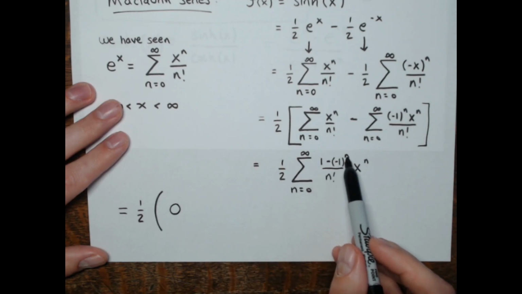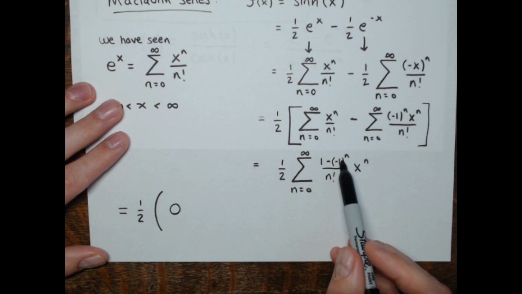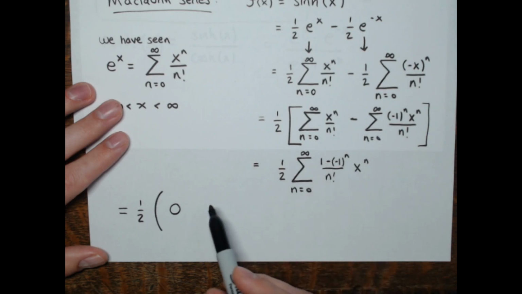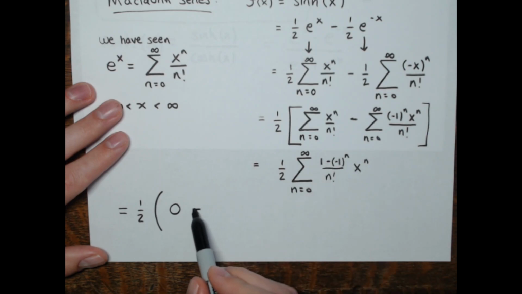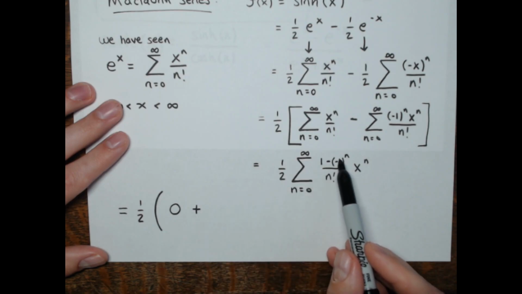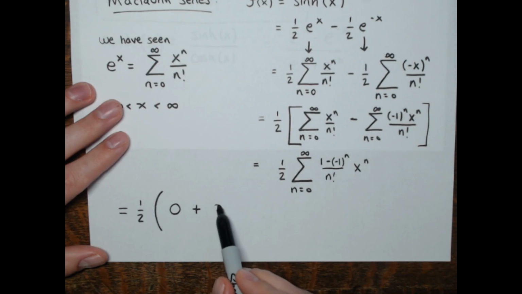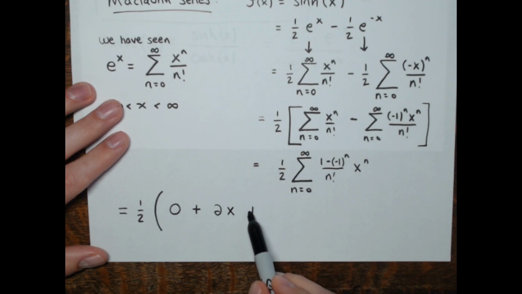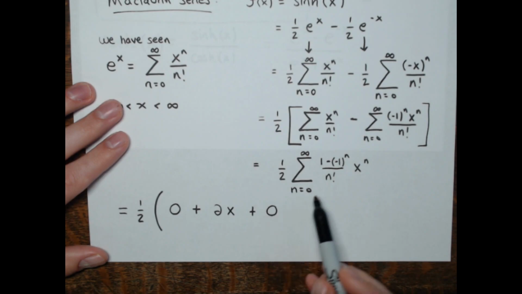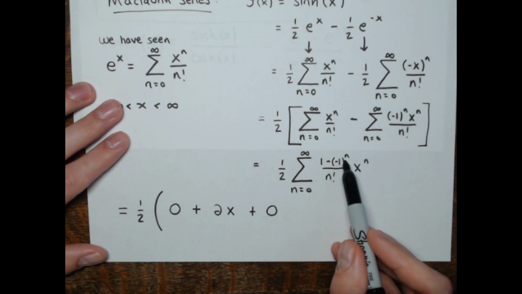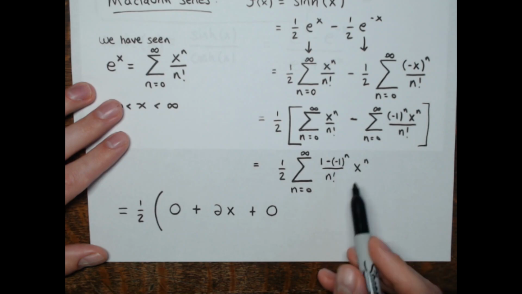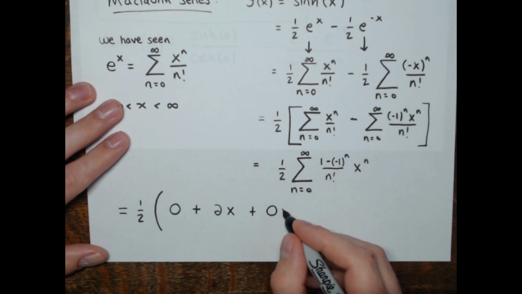And then when n equals 1, negative 1 to the first is negative 1. 1 minus negative 1 is positive 2. So plus 2 over 1 factorial times x to the first. And then all the even powered terms will be nothing, because when n equals 2, this will be 0 up here again. So 0x squared,